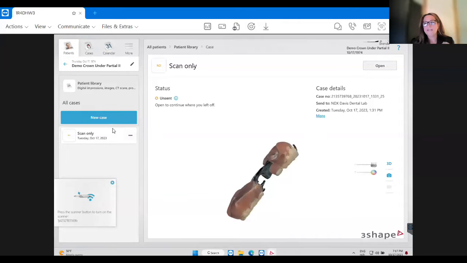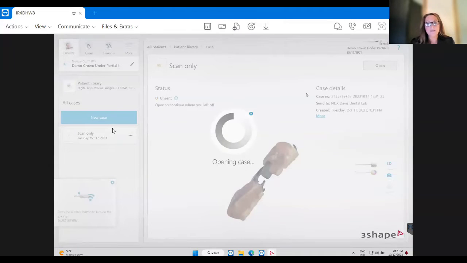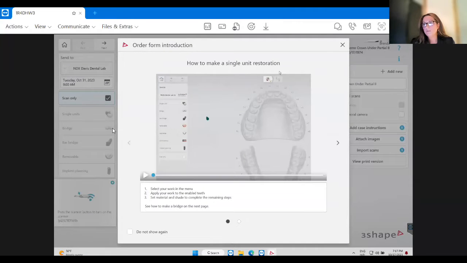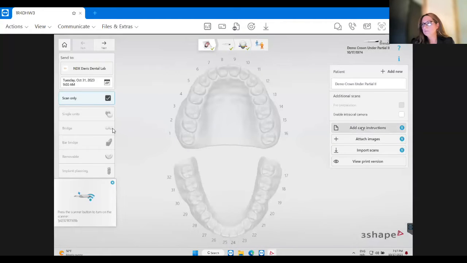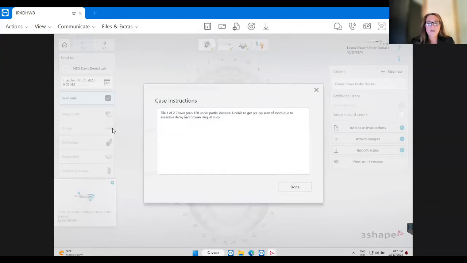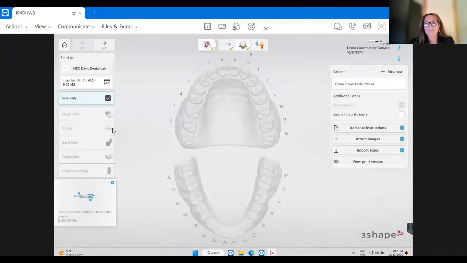If the tooth is broken down, but it's really important to see the partial, I'm going to open this case up. You can scan the partial without the tooth. On my case instruction here, it's file 1 of 2, crown prep 28 under partial denture, unable to get a pre-op scan due to excessive decay or broken lingual cusp. So there would really not be a reason to try to duplicate that tooth, but it's nice for the lab to have